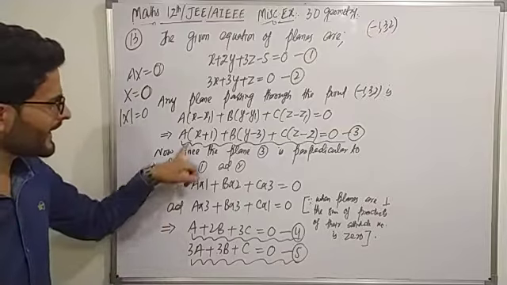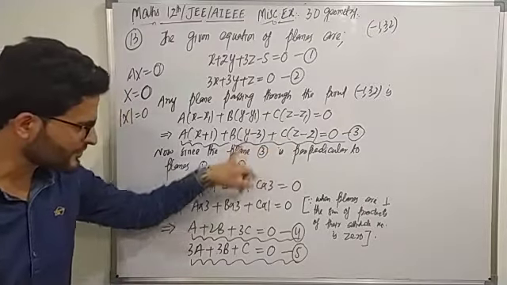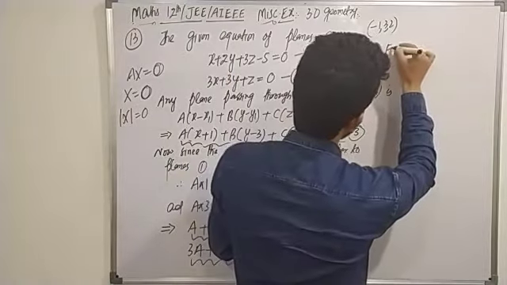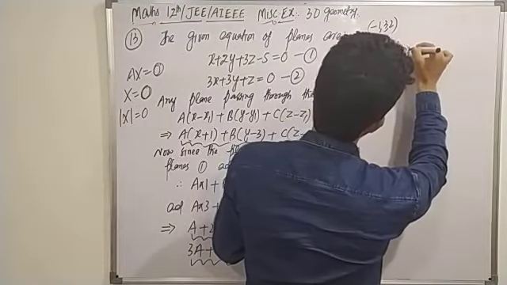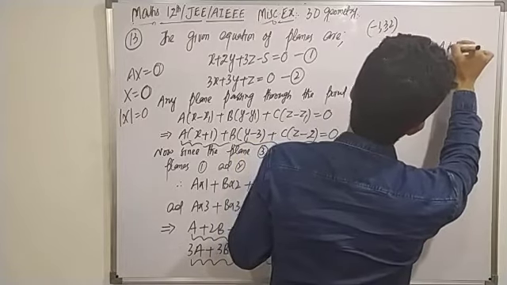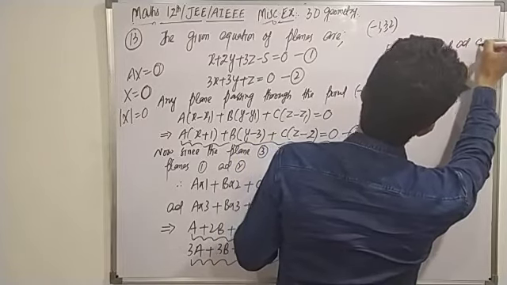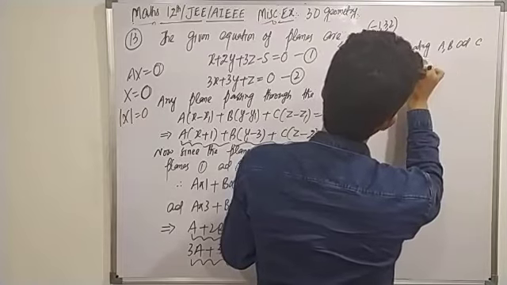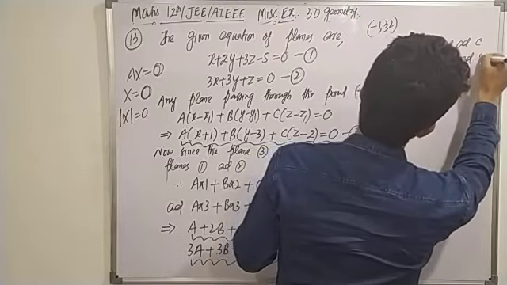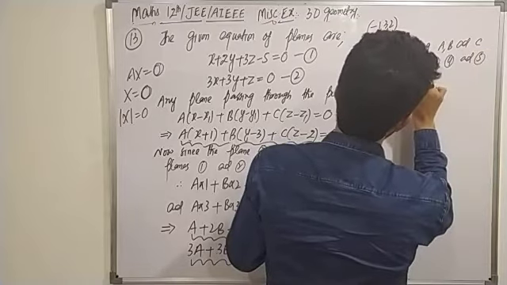So eliminating A, B and C from equations 3rd, 4th and 5th by determinant method, we get